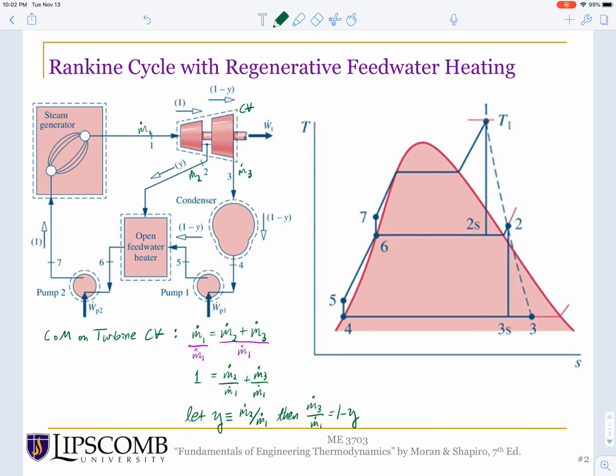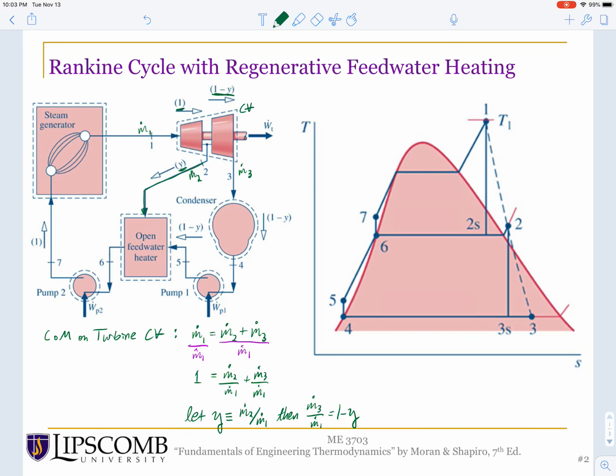Okay, let's go back up. So now hopefully you can see why we have 1 representing the total mass flow going into the turbine stages, y representing M2 over M1, the fraction of fluid leaving the exit of the first turbine stage, and then 1 minus y indicating state 3, the fraction of fluid that's leaving after the second turbine. Okay, so now we have 2 fluid paths. One fluid path from state 2